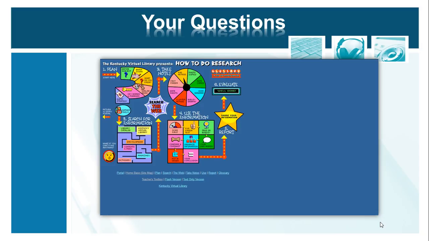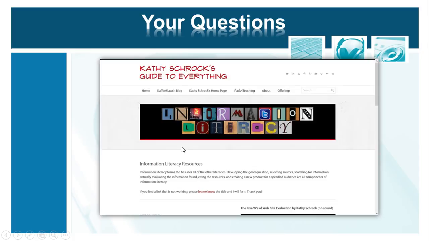The Kentucky Virtual Library website also has an activity for understanding how to do research, and one portion of it is dedicated to the use of information, and so understanding whether the information is trustworthy, whether you can understand what you're going to read, talking about comparing and contrasting different resources to be able to determine whether one source is really accurate or they are just out of the blue saying things that are not right. And so this is a type of game that you can use with your students to learn about the entire process of how to do research.